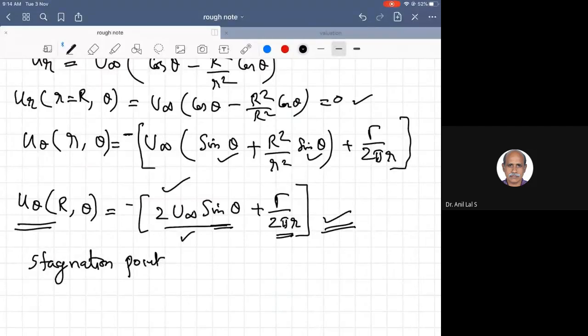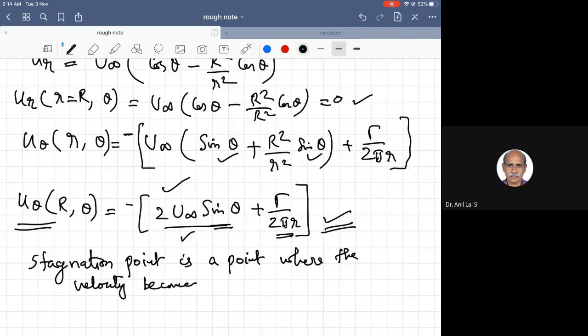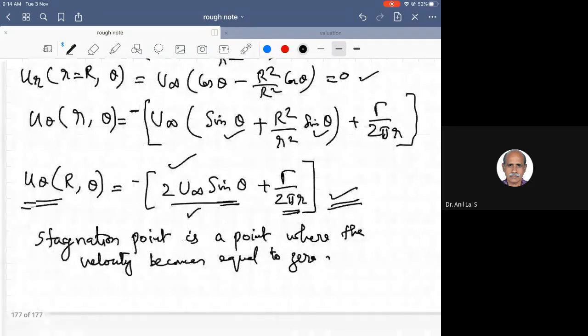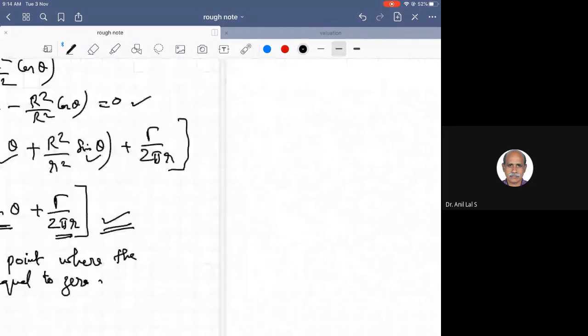Stagnation point is a point where the velocity becomes equal to 0. So we know that if only u theta is equal to 0 implies